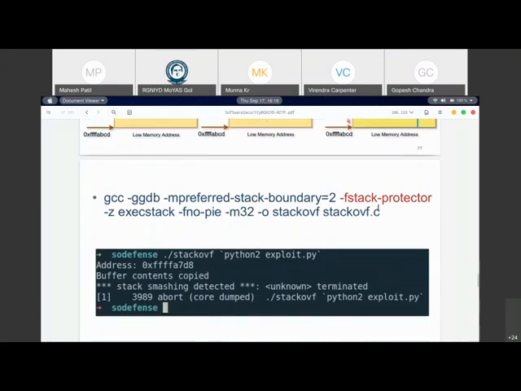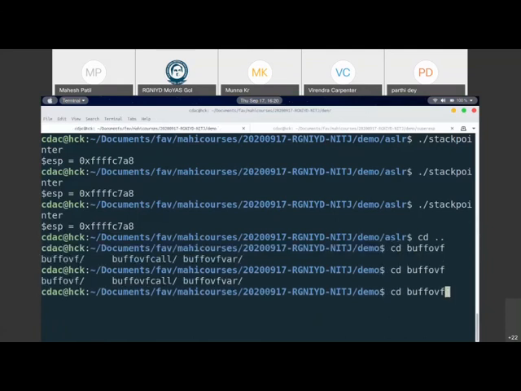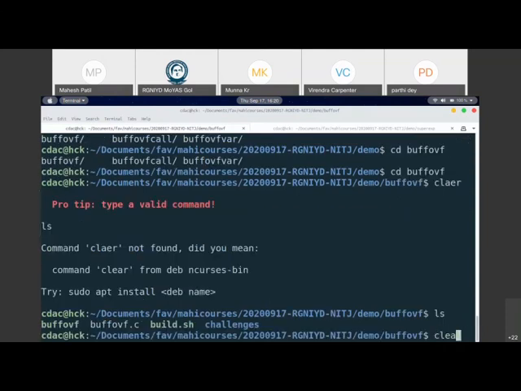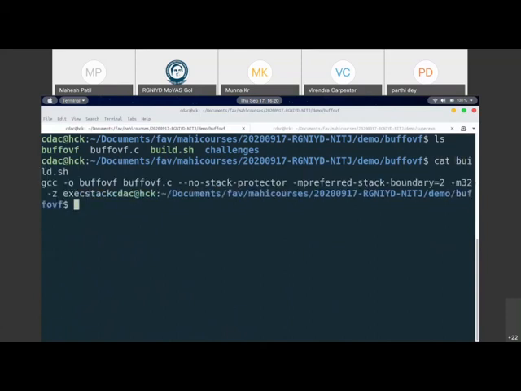How does it work? You have to use this argument called fstack-protector. When you use this argument while compiling your C code, it adds that canary value. And whenever the buffer is overflowed, it would actually show you a stack smashing error. So let's try it on our same program. If you remember, we had a buffer overflow program, right? Here you see that I have purposefully said no stack protection.